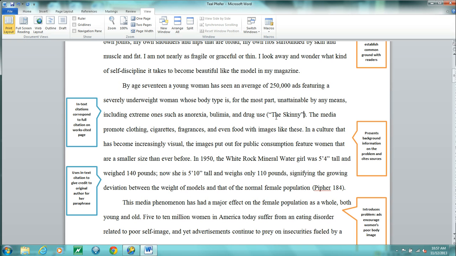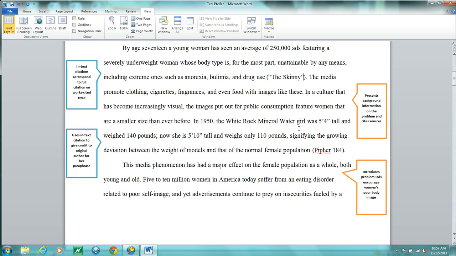There's no page number because, like I said before, a lot of digital sources don't have page numbers, so the page number is then omitted. Let's take a look at this other in-text citation here. So in 1950, the White Rock Mineral Girl